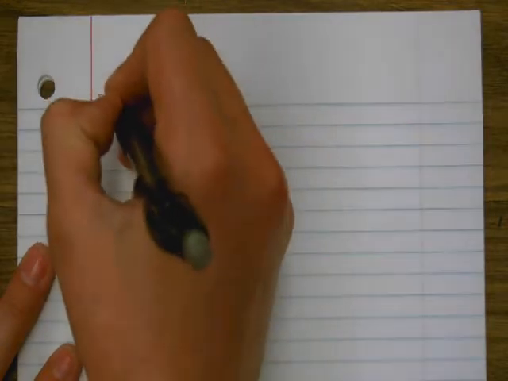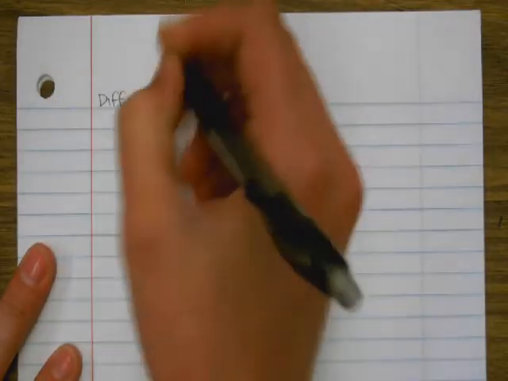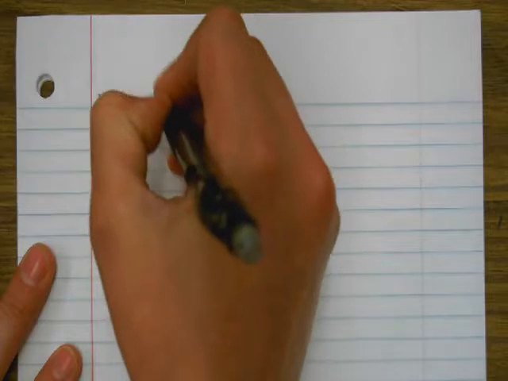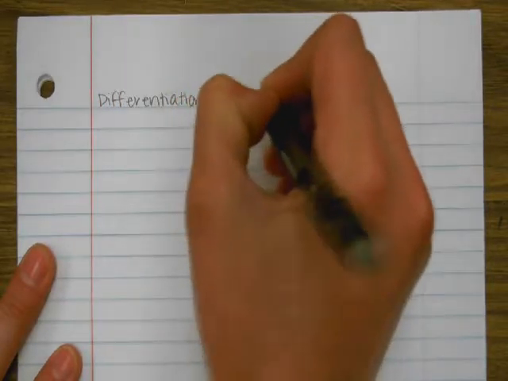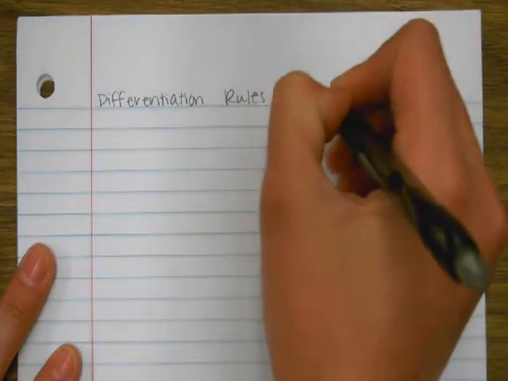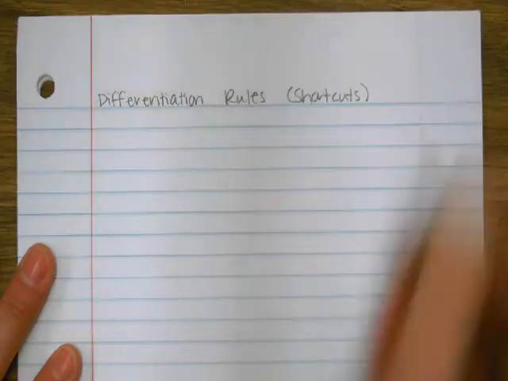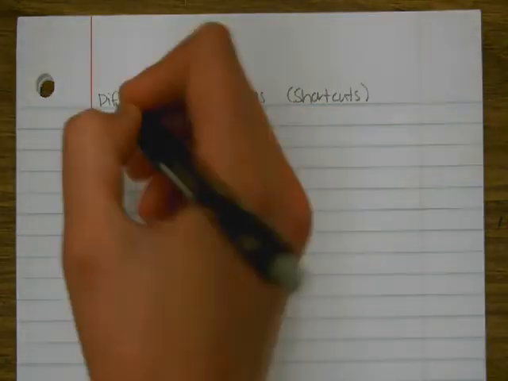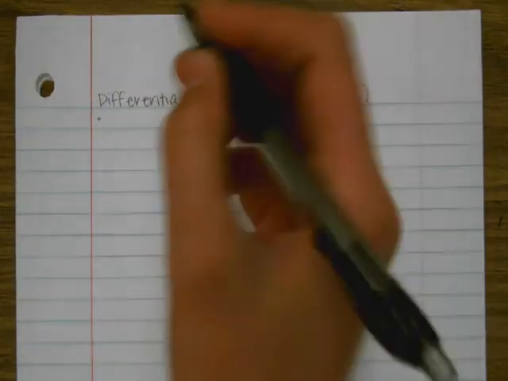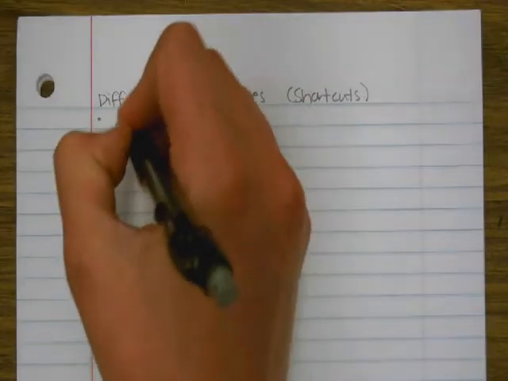All right, so now that we've been doing differentiation and finding derivatives by hand, we're going to look at the shortcuts. So these are the rules of differentiation. But to us, they'll be the shortcuts for differentiation. So, a few things to know before we start to go over the rules. First, all of these rules